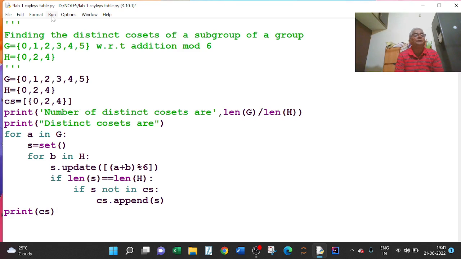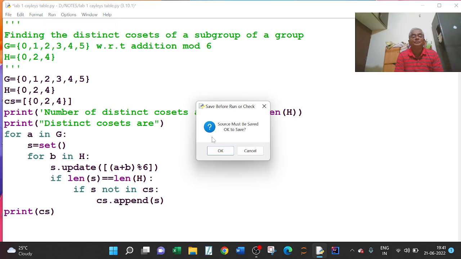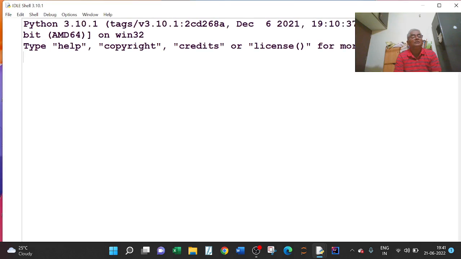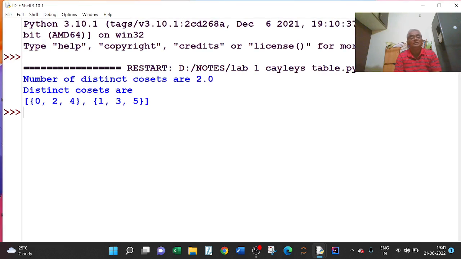Okay, let me run this program. Running the program. Yes, the number of distinct cosets is 2. If you don't want this decimal point, then you can use int.